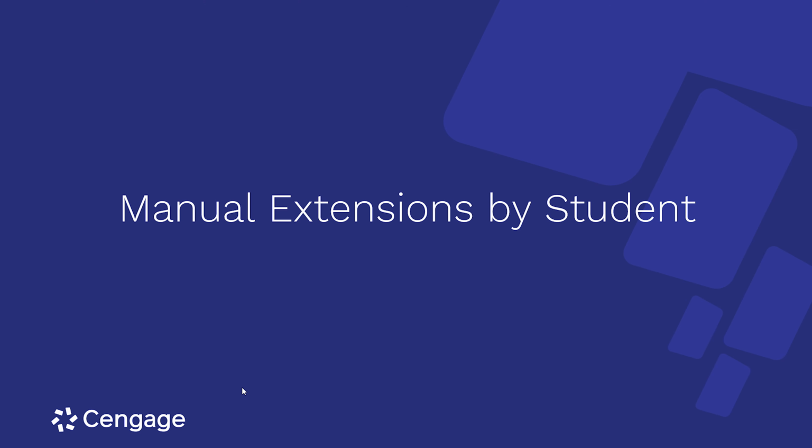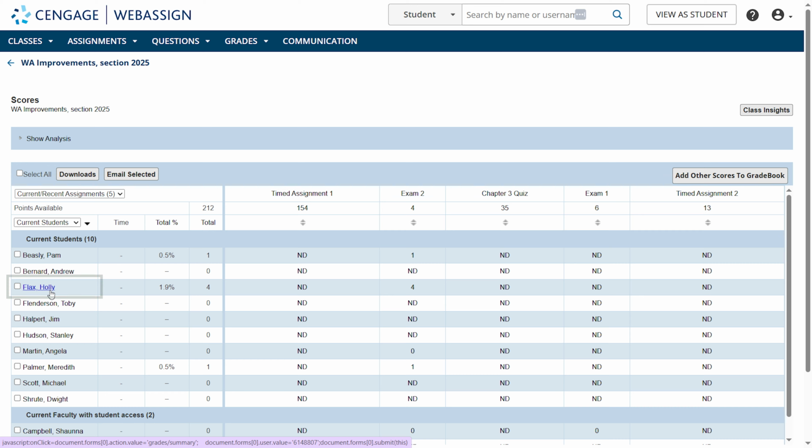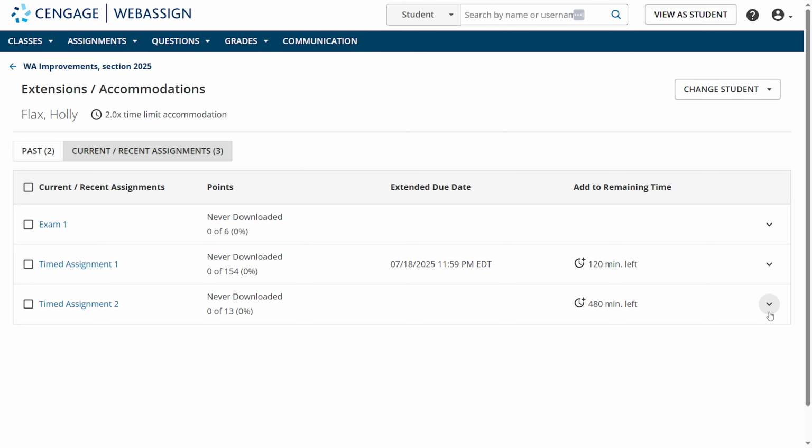You have the ability to give manual extensions by student or by assignment. Let's start with an extension for an individual student. Navigate to Score View. On the Scores page, click a student's name. Click Extensions Accommodations. Here you can choose extension criteria for an individual assignment by clicking on the caret and opening